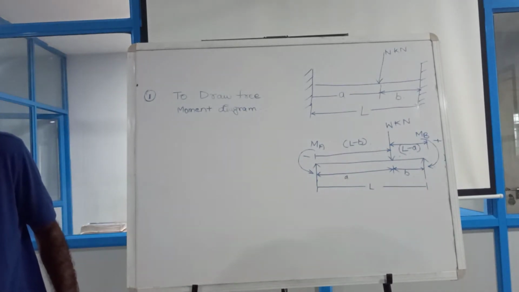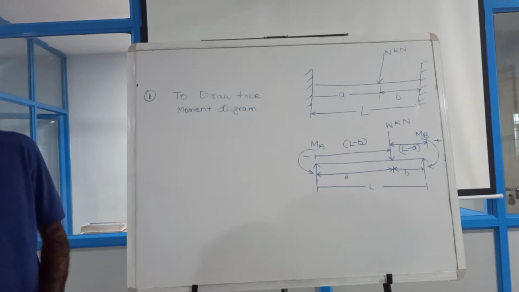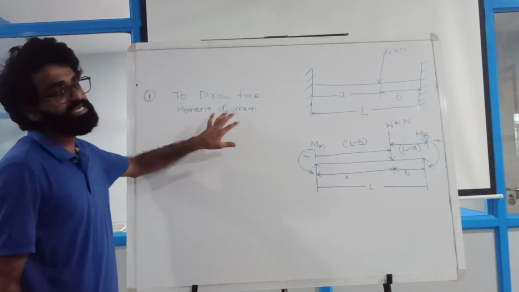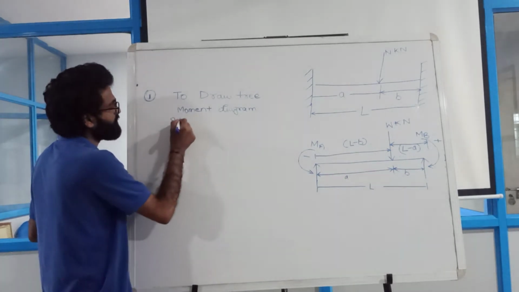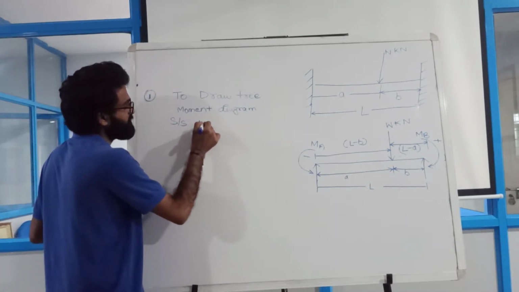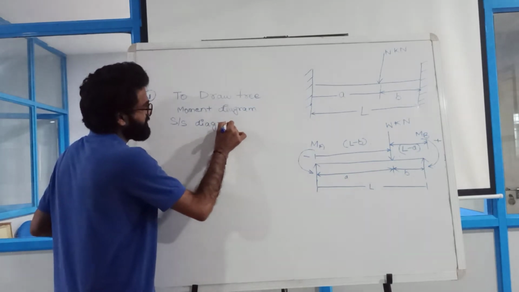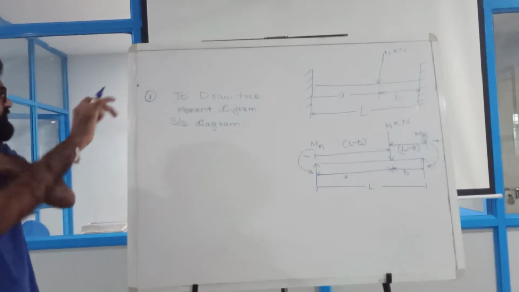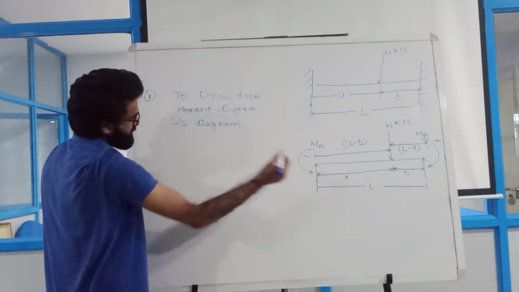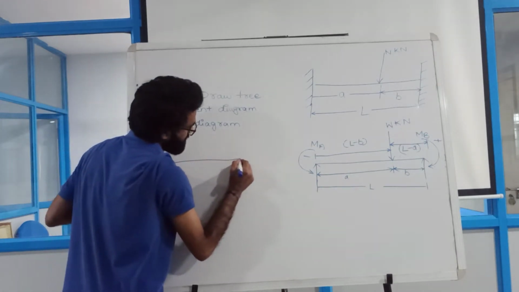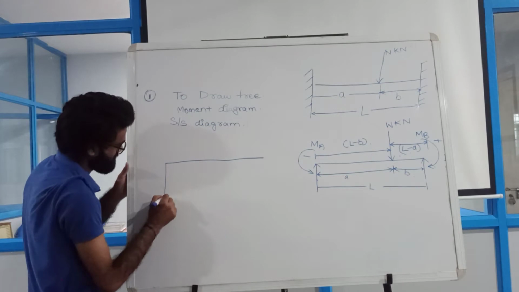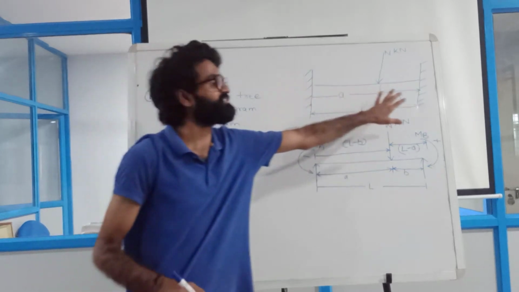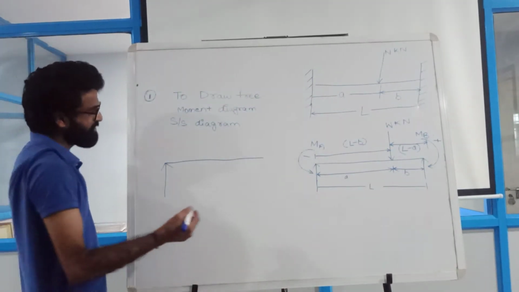So let us try our hands at drawing the free moment diagram. This also comes under the simply supported diagram, as you can see. So let us draw our first diagram and calculate RA and the bending moment diagram for that and the shear force diagram. So what is the diagram going to be? Our diagram is, this is only for the free moment. Free moment means both ends are free now, so it is going to act as a simply supported beam.